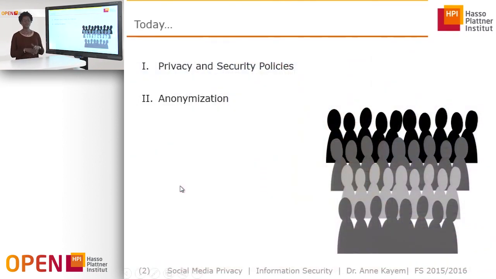So we talk about privacy and security policies. Remember that we talked about privacy and security policies in various forms. We talked about access control, for example. We've talked about passwords. We've talked about malware, things like spoofing.